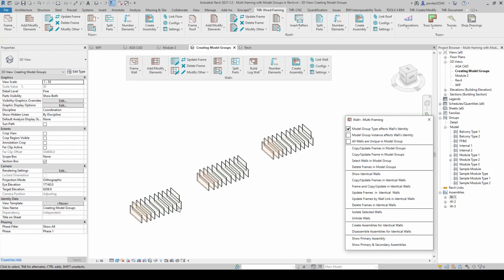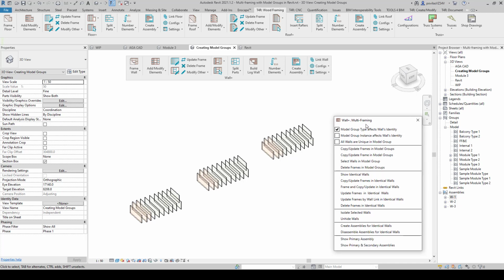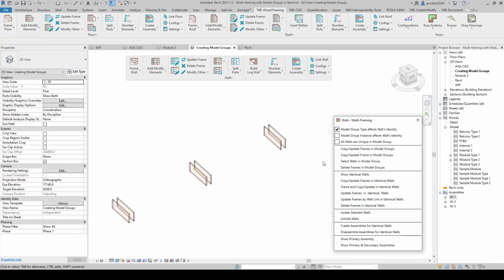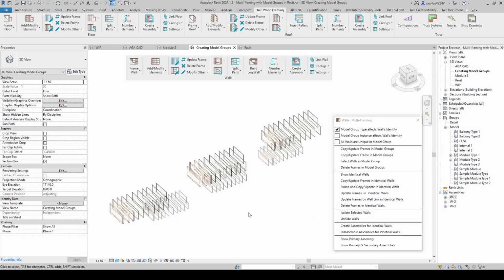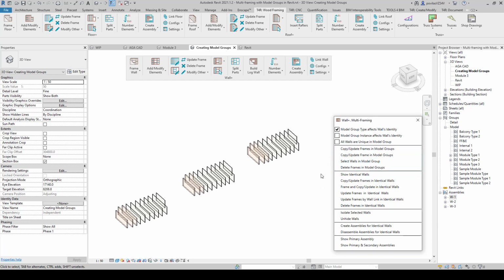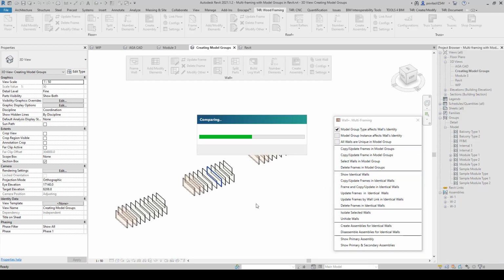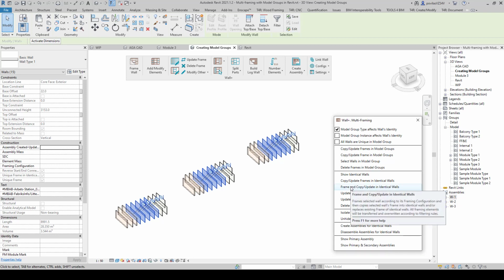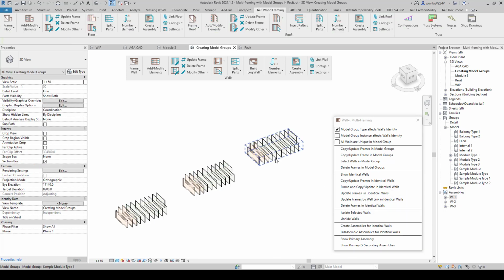Okay, so that's the idea behind filtering of walls and selecting those walls. We can go ahead and isolate, so you're just working with isolated and selected walls. Now, by selecting those identical walls in all three of those model groups, we can begin to frame and copy. Okay, actually before that, I want to see what happens if I make a copy of a model